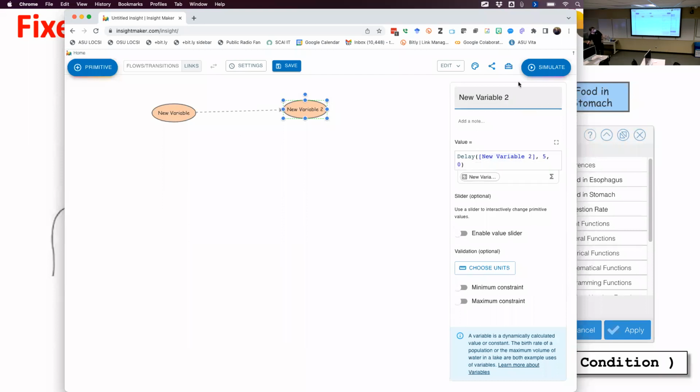So if new variable 2 has units of centimeters, then new variable better have length units in order to make this work. If new variable has mass units and new variable 2 has length units, then I better multiply this delayed term by a conversion factor that converts mass into length or length into mass, whichever direction I said there. So you just have to make sure your units are consistent. And in the case of delay,